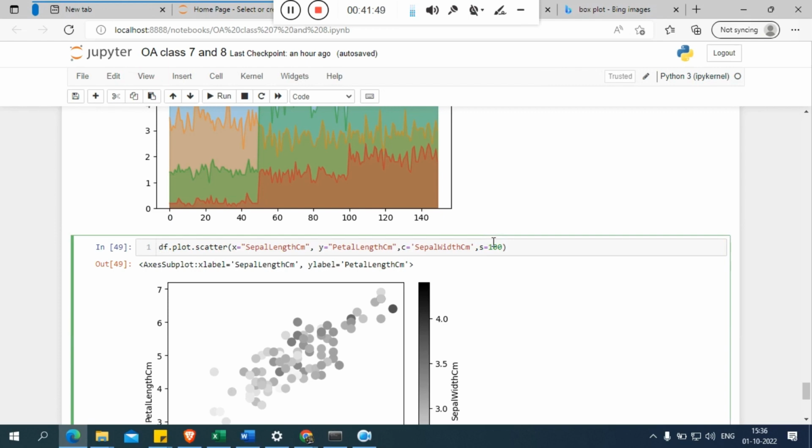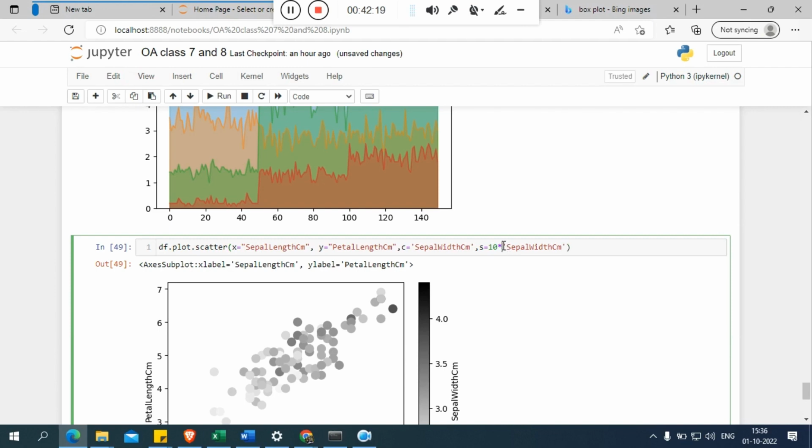And maybe in your mind you come up with, okay, I want the interpretation like that: when the sepal width increases, the bubble size also increases. The dot size. That type of thing you can also do. Means when the sepal width increases, the dot should increase. Okay. As if I put 10 into this one, and if I run,